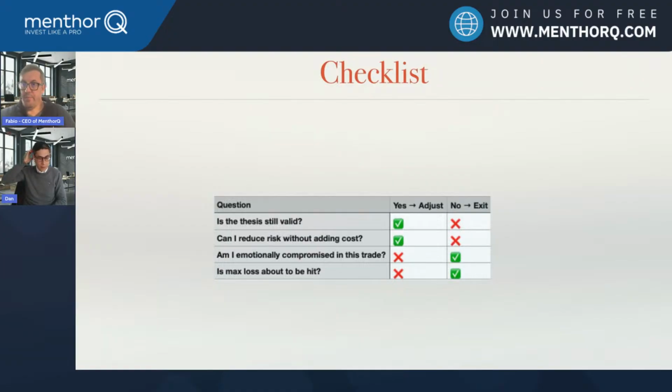So is the max loss about to be hit? Yes, and for naked strategies, if you set up a trade, your broker will show you a max loss. If you sell a naked put, for example, the loss can be bigger than what you see there, but the brokers have pretty good methodologies of calculating these things. Also, if you are trading margin, then look at these numbers and get out of the trade, or even before that.